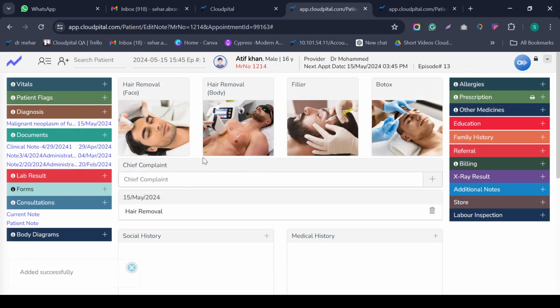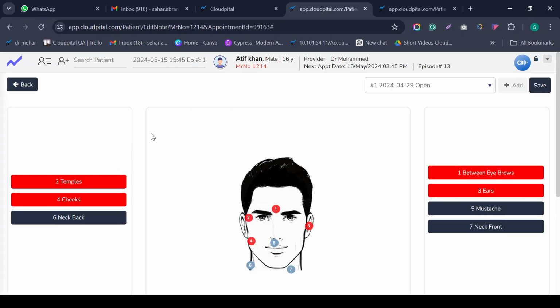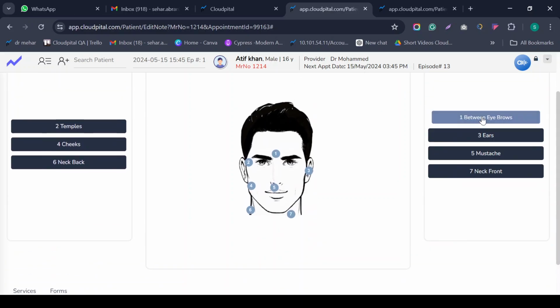So I'm going back to our main agenda, the explanation of all the dermatology specialty features. First there is face hair removal. I'm just clicking on face hair removal. A window opens and all of the features are shown. You just need to click on add plan. After adding a new plan, there are features where all of the left and all of the right data will be shown on the main screen. You just need to click the specific area according to the patient's requirements where they want hair removed.